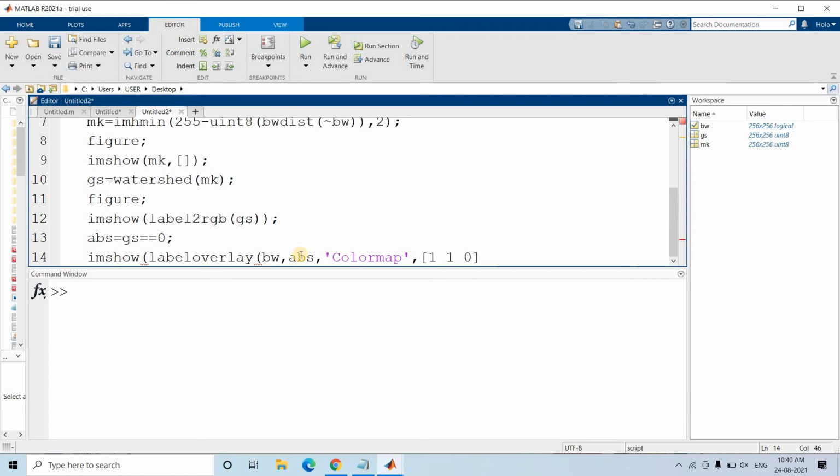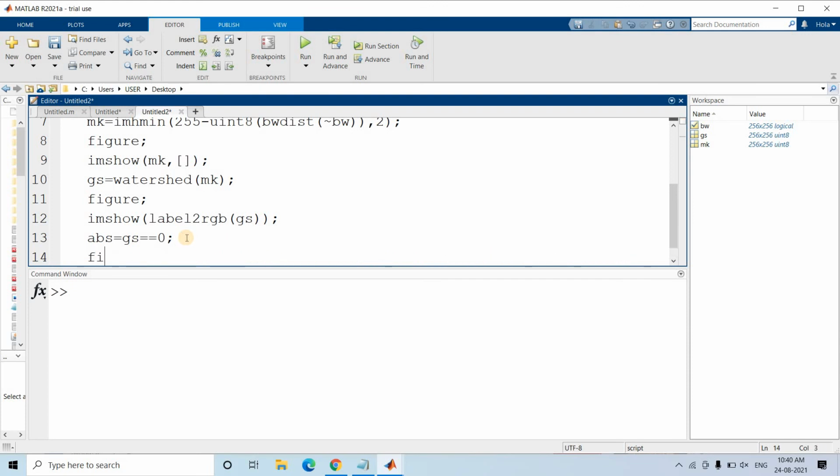And then maybe a little transparency to visualize the ridge lines properly. Transparency I am giving 0, so 0 transparency means the ridge lines will come completely clearly.